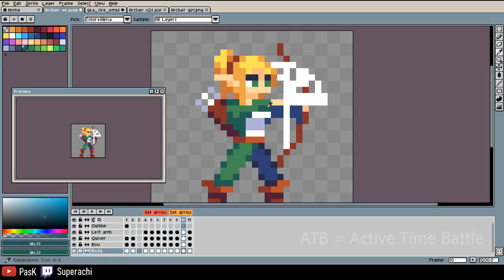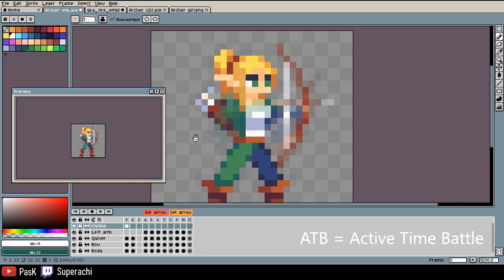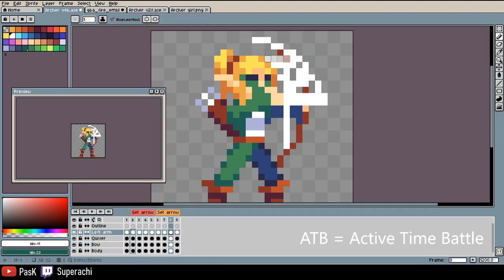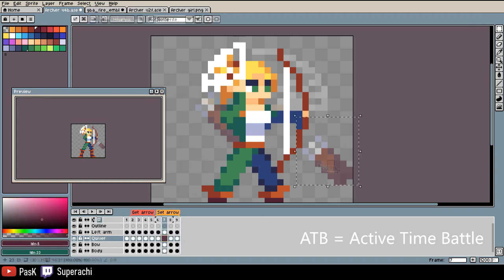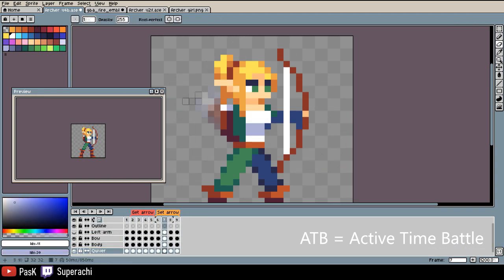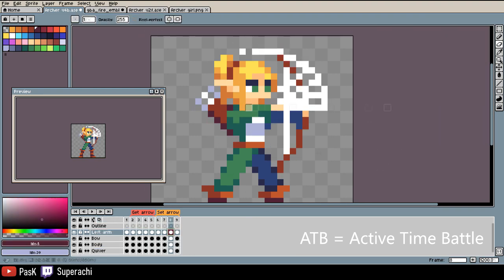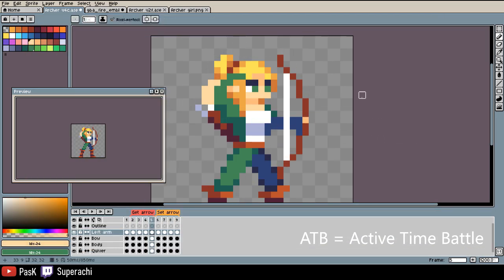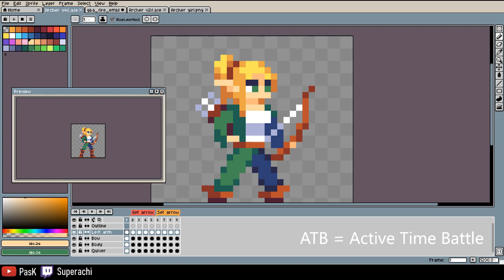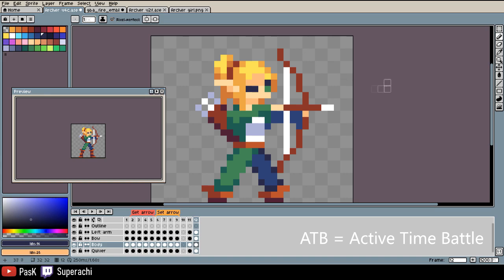Okay, so one more thing I wanted to talk about is why I chose an ATB system over something like Pokemon, where you queue your actions and then you watch it all happen at once. The ATB system is something that they use in games like Final Fantasy, and it's kind of strange to use it because I've never played a Final Fantasy game. I've played, like, I don't know, 6 Pokemon games, something like that, and then some other RPGs,